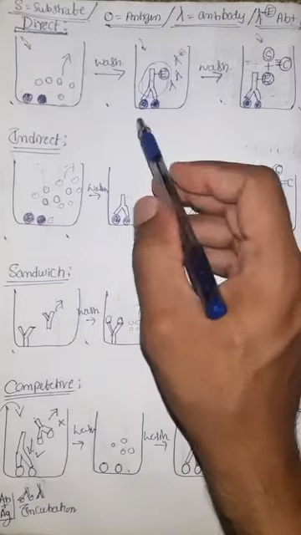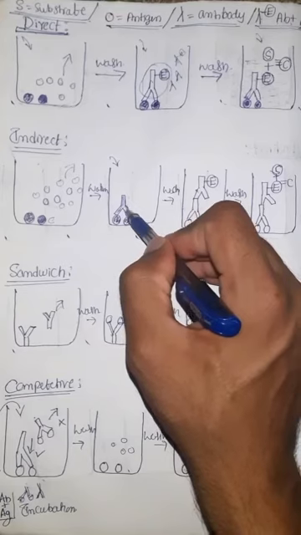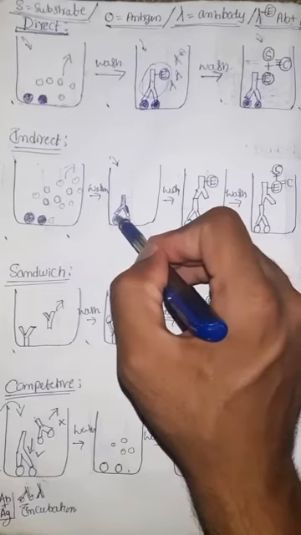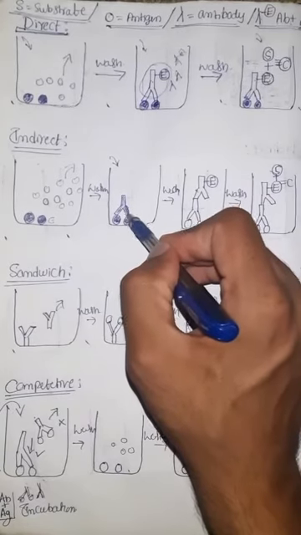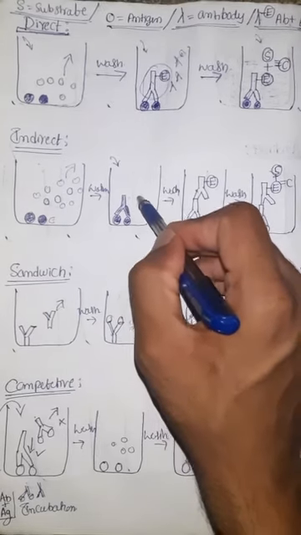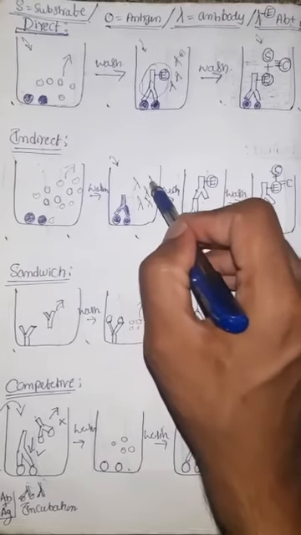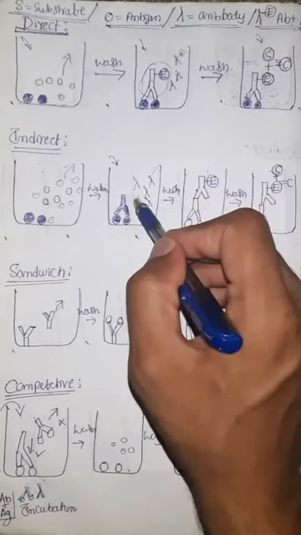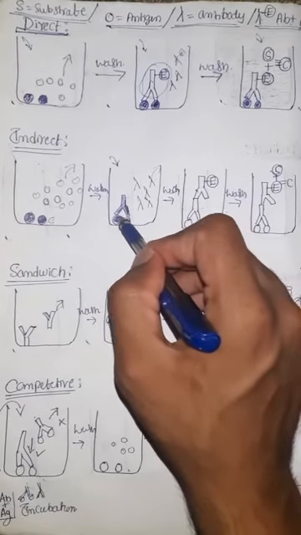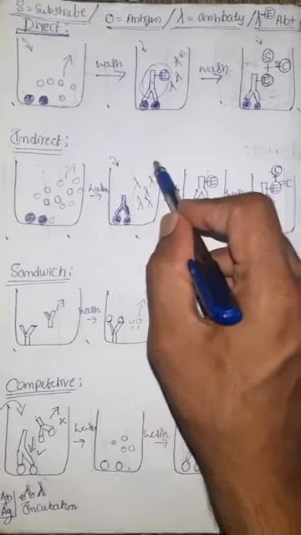In the next step, or second step, we have to add antibody solution. Okay, the free antibodies go and attach with this antigen. Now they form an antibody antigen complex. Again we have to wash the well or discard the solution, so that the free antibodies will be removed from this well. Only the bound ones remain in the well, meaning only this complex remains, and all the rest is discarded from this well.